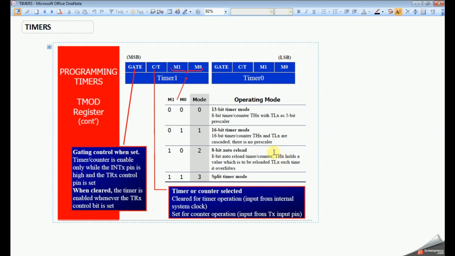Once you copy the 8-bit value to TH 0 or 1, it will be automatically reloaded. Next, if both are 1, we call it the split timer mode, which we mostly don't use. Mostly we use the 16-bit or 8-bit mode for setting different timer or counter operating modes.